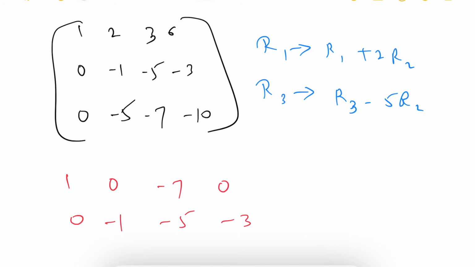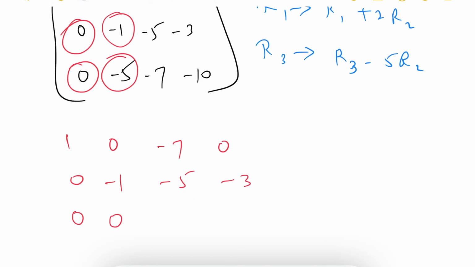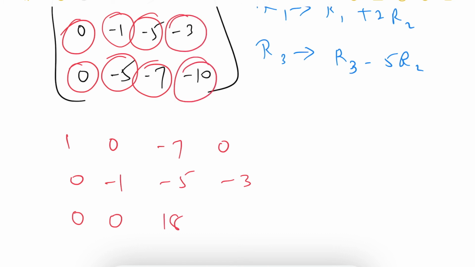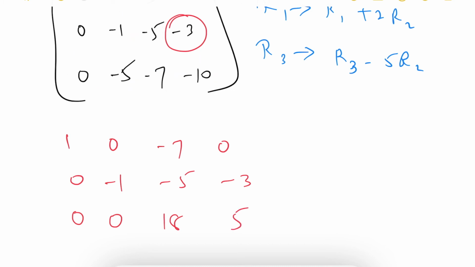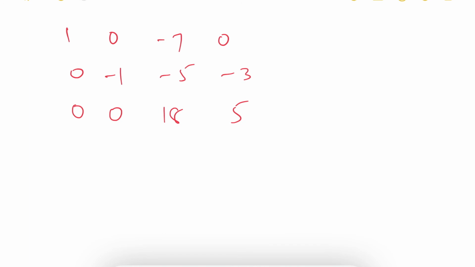Okay, next the third row. What is the third row? I took R3 minus 5R2. Then it will become 0 minus 5 into 0, 0 only. Next, this is minus 5, this will become again plus 5. So minus 5 plus 5, it will become 0 then. Next, this will become plus, that is 5 fives are 25. 25 minus 7, it will become 18. Next, this is minus already, so it will become plus. 3 fives are 15. 15 minus 10, it will become 5. Okay, then let us simplify further still.